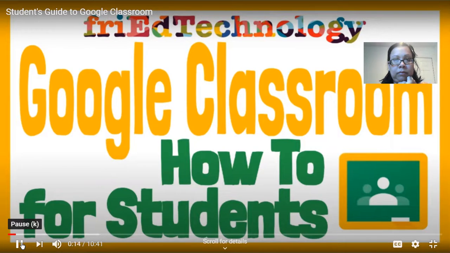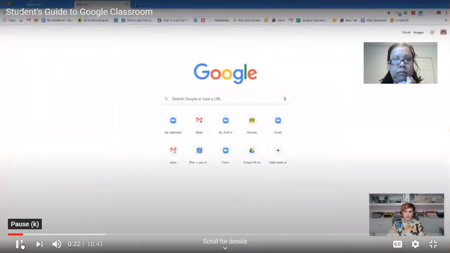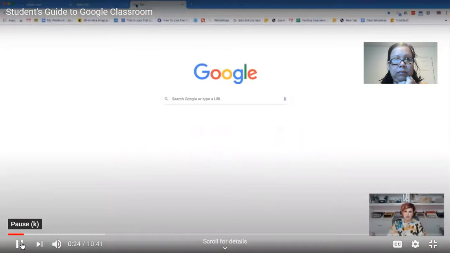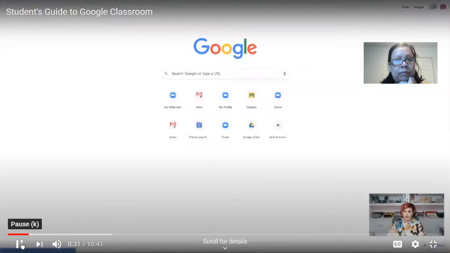There are a lot of different ways to do it, and depending on what device you're using, it may be different. On a computer or a Chromebook, I'd like you to open a new tab. So I'll show you what I mean up here at the top of my browser. When I click on this plus sign in a circle, that gives me a new tab. And on the new tab, I see in the top right this symbol that we call the waffle, and inside